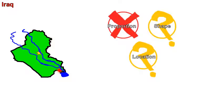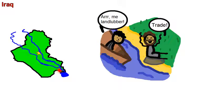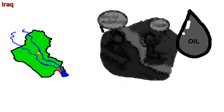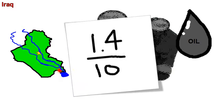Like on one hand, the ancient Tigris and Euphrates rivers feed through the country and give it life, here and here respectively. They were used for everything that water was used for, plus trade with things like oil. Yummy oil gives Iraq a good location. I mean, food grows along the rivers, but oil and food give Iraq a good location, but not just for water. 1.4 out of 10, which, I mean, oil is kind of the only thing holding this place up, but...